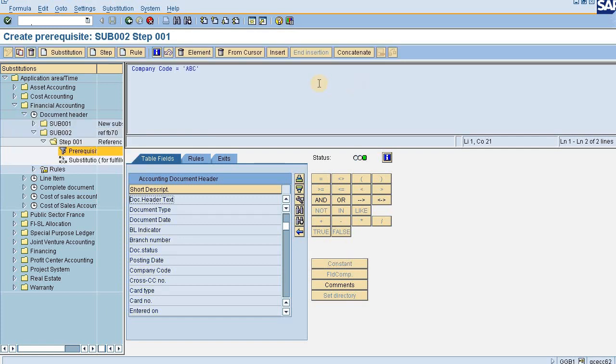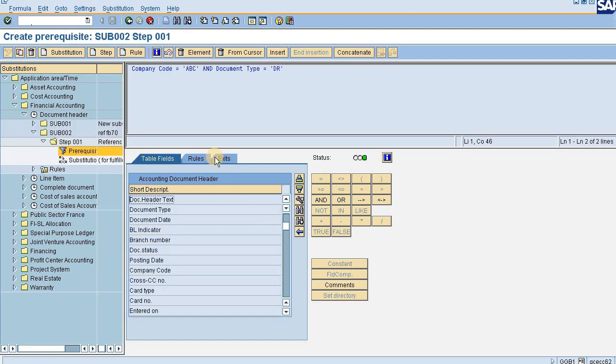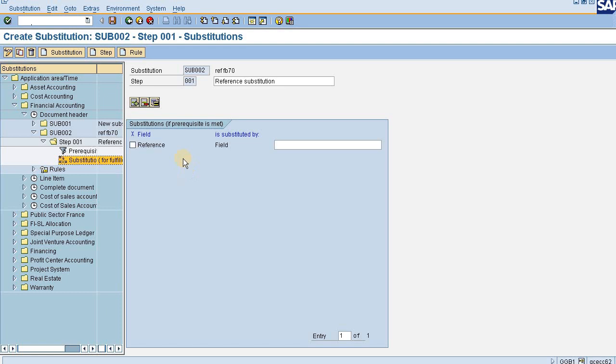If our company is equal to ABC, and if the document type is DR, document type DR means customer invoice, that is FB70, clicking on the constant value DR. Then my reference field would be updated as, now I am going to the substitution.